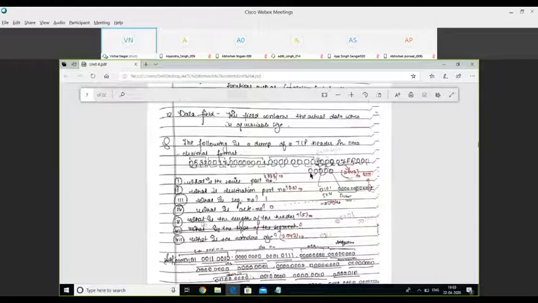Now next, what is the length of the header? The header length is given by the bits immediately after the acknowledgement number. After this acknowledgement number field, we have 5. 5 means 0, 1, 0, 1. So to find out the value of your header length, we have to multiply this value by 4. So 5 into 4 is 20.